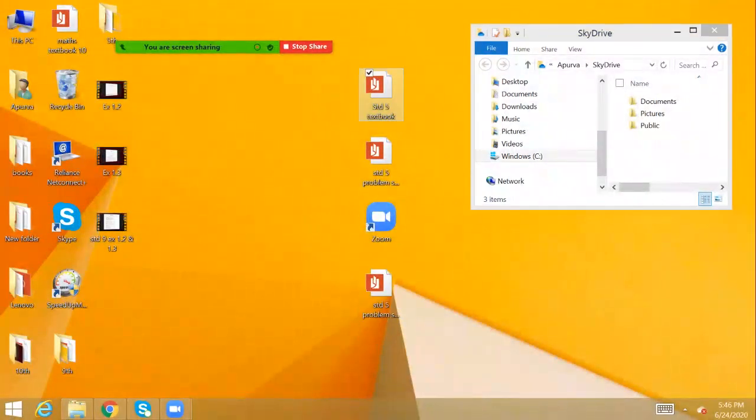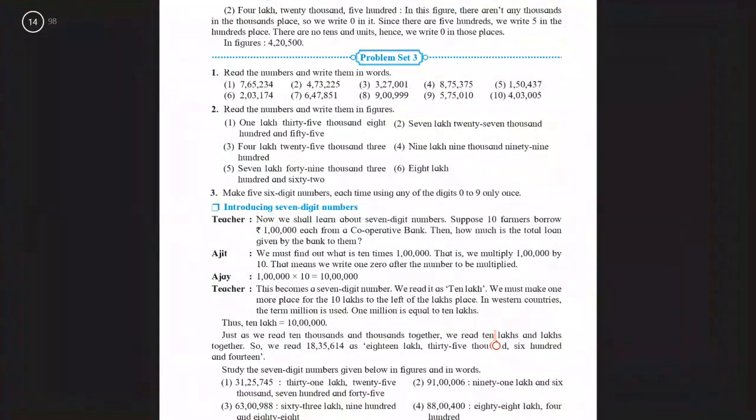we go to question number 2 of the textbook. What it says is, read the numbers and write them in figures. So exactly the other way around. You are given the numbers and now you have to write them in figures. So how do I do it? First question, 1,35,855. So what you will do is you will make those place values starting from unit, 10, 100, 1000, 10,000 and lakh, and then just put in those values.